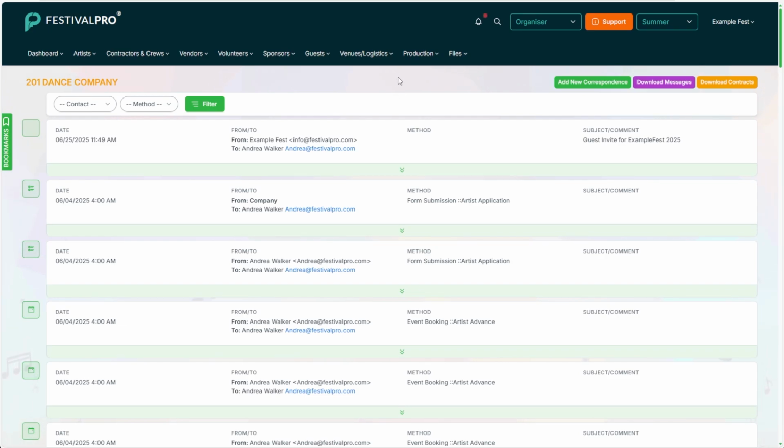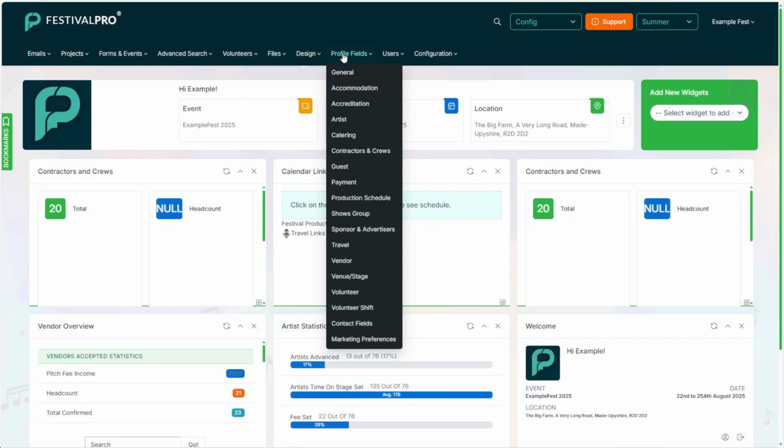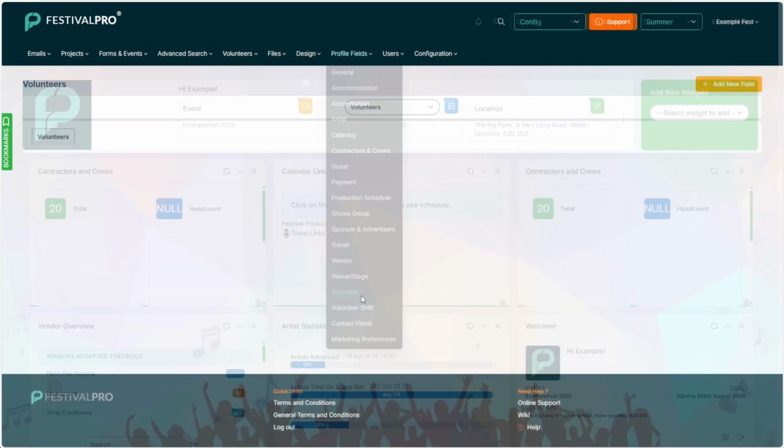You don't have that currently on a checkbox in a form field, for example, as it's something you'd assign on the back end. Another example of a profile field that isn't on a form is our profile link. And this is interesting because a profile link will take one of our grid options and allow you to utilize that on a form. So a good example of this is if I go to our volunteers,